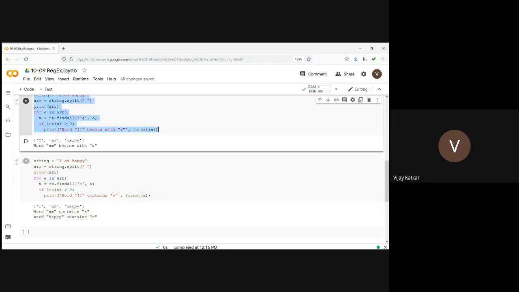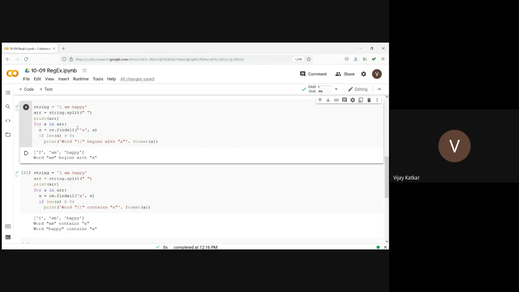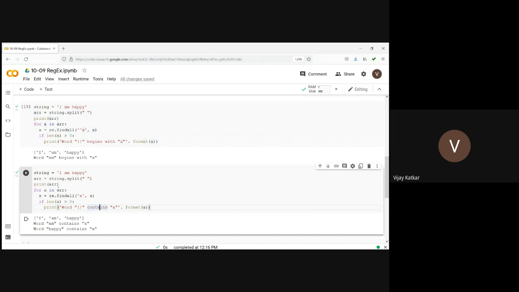So now we are talking about proper regular expressions. Checking whether a word begins with A, cap A. For containing a, I am writing only find all a. So the way we can look for a beginning with A or ending with A. So can we look for ending with A? It's a beginning with A, na?